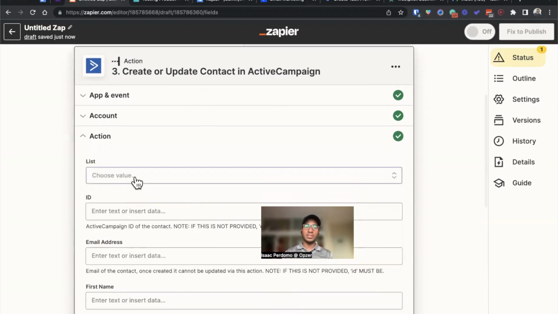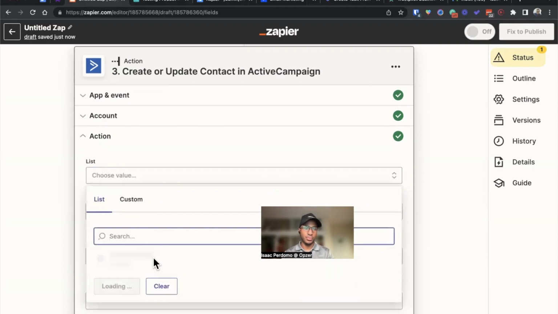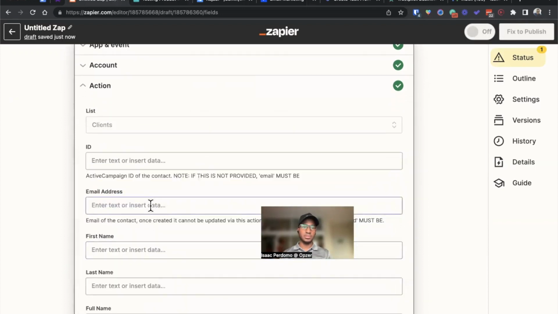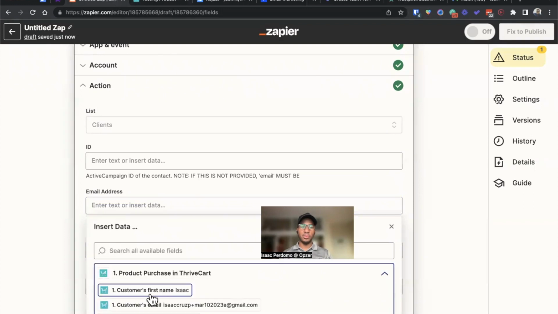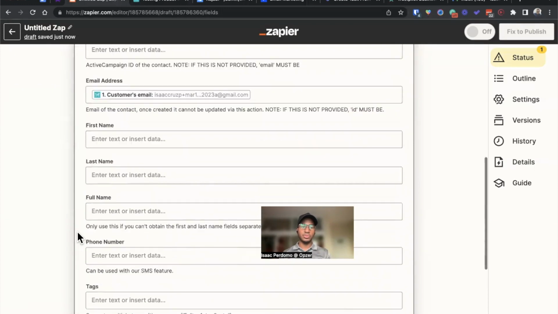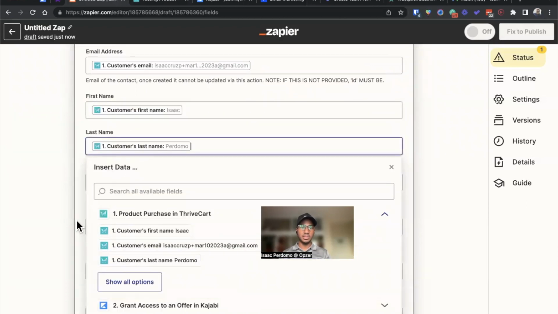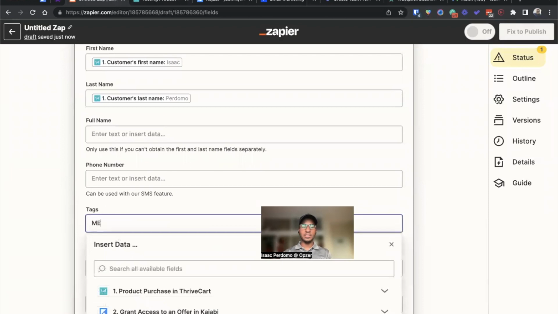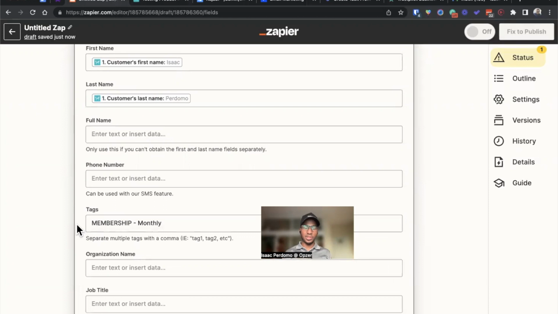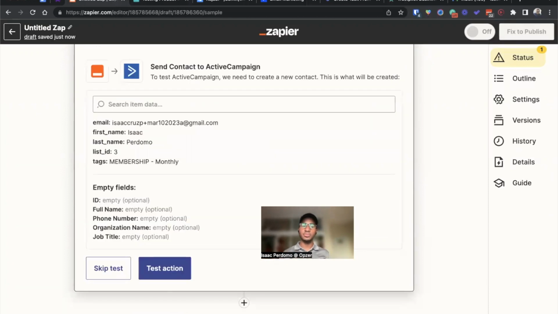In action, you will pick a list. In this case, let's just see through the list that we have available here. Let's select clients. For email address, we're going to put the email address that the client used to sign up. And here we can put the first name and the last name. Lastly, you want to add a tag. In this case, I like to use something like this, where you simply suggest, hey, this is a member that signed up. And this is, for example, the payment option that you use. Let's click on continue. And I'm going to skip this test